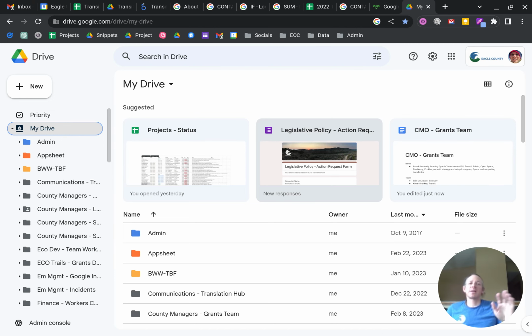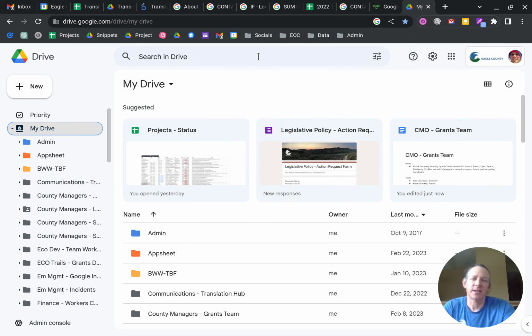Hey all, so today we're going to look at how to find files in Google Drive. There are a ton of different ways to do it, but I'm going to go over two very specific ways that I've had a lot of success when trying to navigate the chaos that can be Google Drive. So the first one is, today I'm sitting here in my Drive, I've got my Drive open and I'm ready to